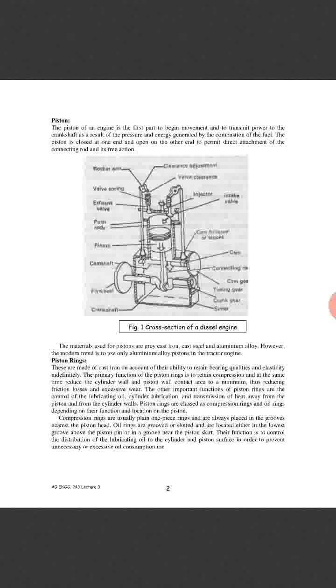Compression rings are usually plain one-piece rings and are always placed in the grooves nearest the piston head. Oil rings are grooved or slotted and are located either in the lowest groove above the piston pin or in a groove near the piston skirt. Their function is to control the distribution of lubricating oil to the cylinder and piston surface in order to prevent unnecessary or excessive